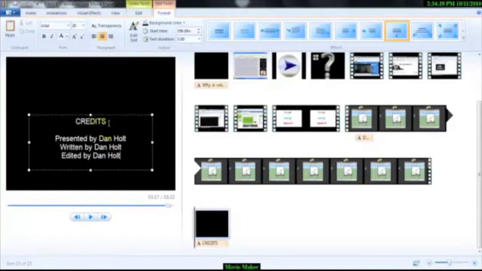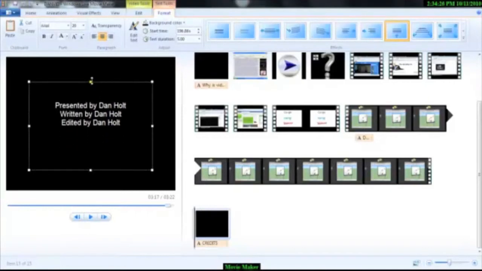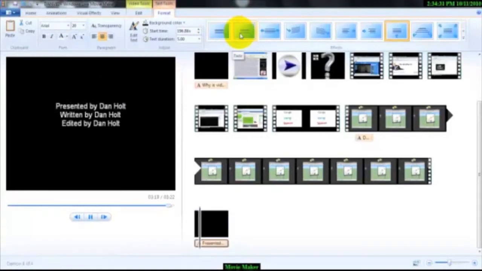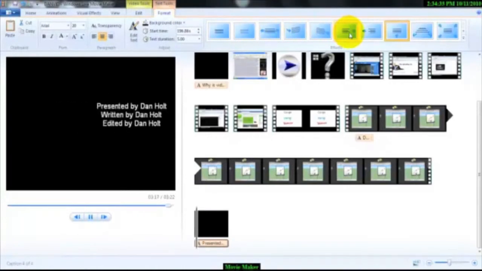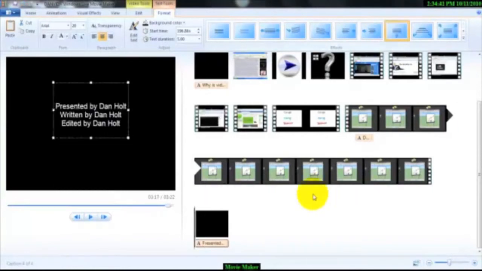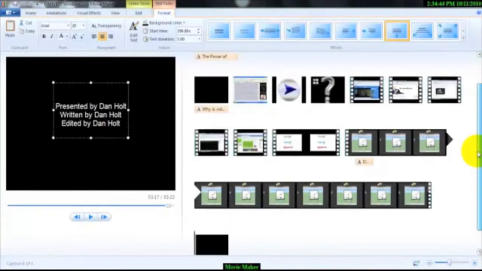Once we're happy with all of that, we're then going to have a bit of a play around with other options with the credits. So we can move them up and down, move them around the screen. You can also add a few effects, different ways that they sort of enter the screen. So I generally just go for a sort of standard scrolling format like that.